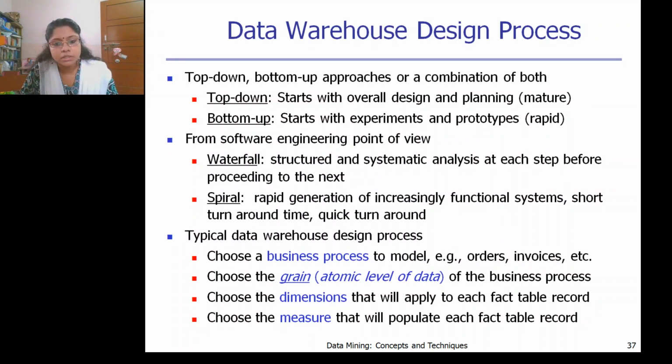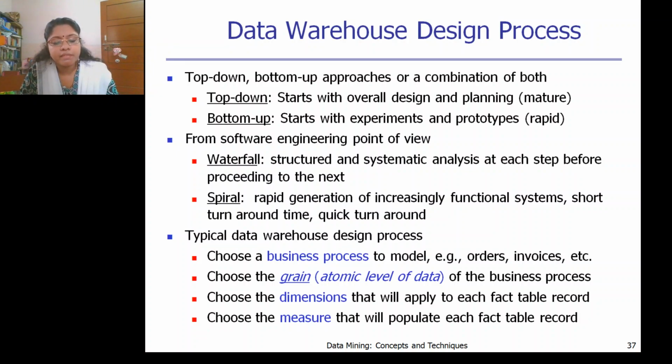In that concept hierarchy, we choose the level of abstraction at which we are interested in digging or doing different operations, for the business process we need to select. Next is to choose the dimensions that will apply to each fact table record, and also to choose the measures that need to be applied.